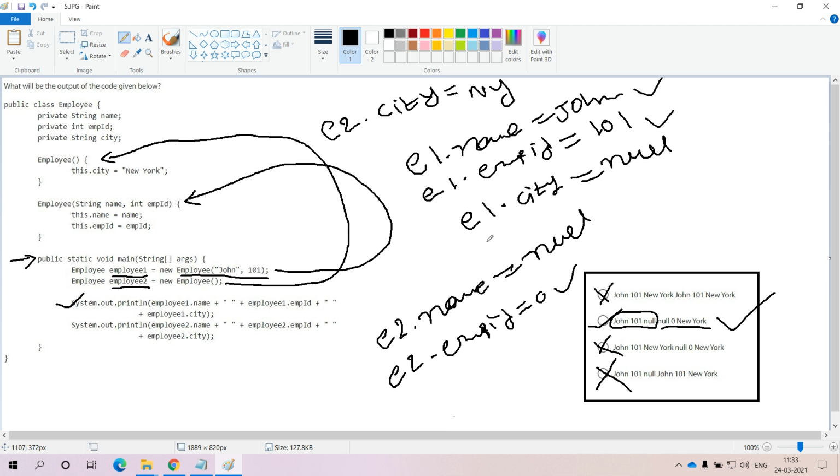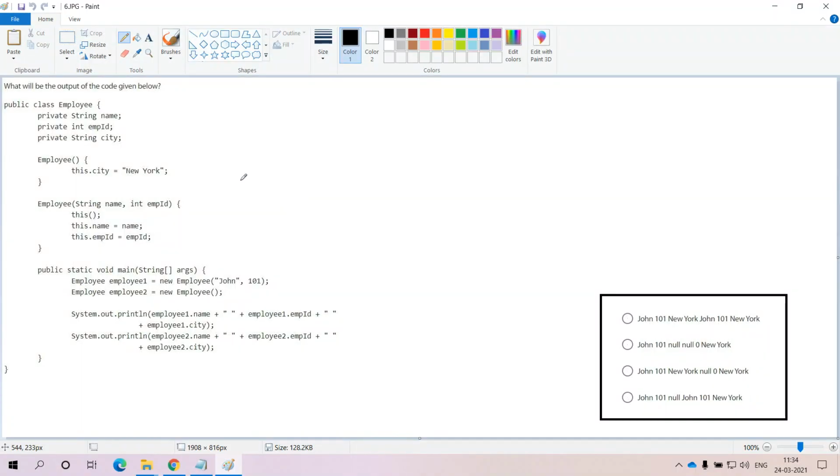Thank you. Coming to the last question: what will be the output of the code given below? It is related to the previous question, but with a few modifications. We have to identify the exact output of this code. In this entire employee class, execution will start from the main method. And within the main method, the first line is